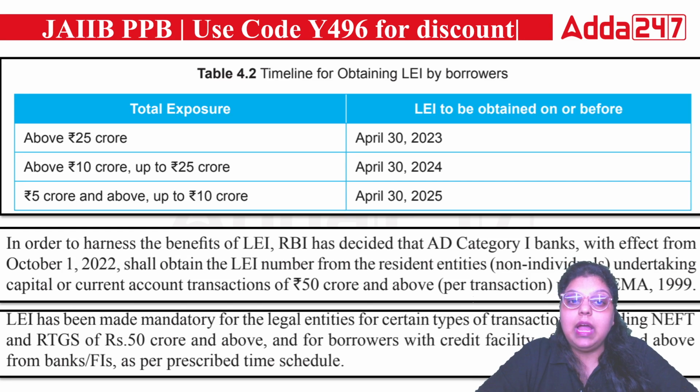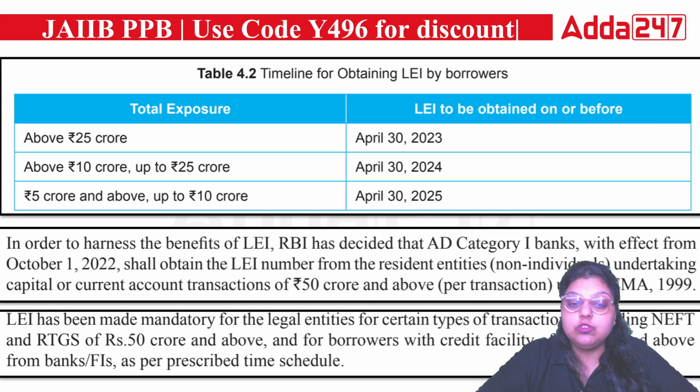For those who have an exposure above 10 crore up to 25 crore, their date was 30th April 2024. Now the exposure limit of the borrowers from 5 crore and above and up to 10 crore, that is April 30, 2025. So these are the dates by which the customers should get the legal entity identifier. In order to harness the benefits of the legal entity identifier, RBI has decided that the authorized dealer category 1